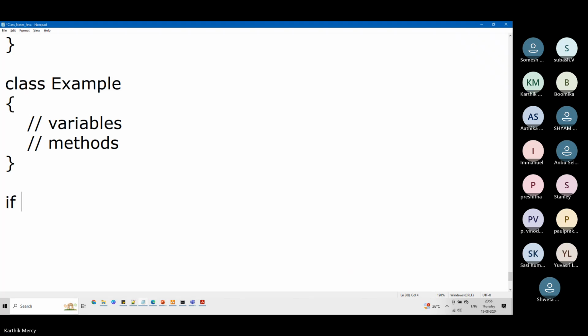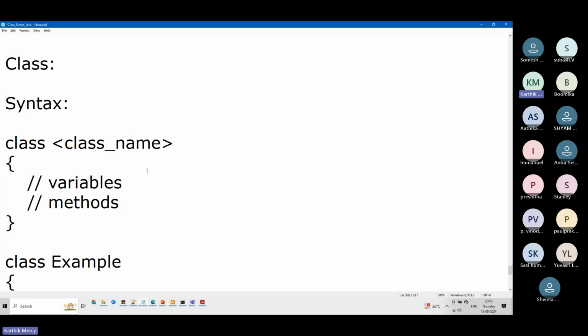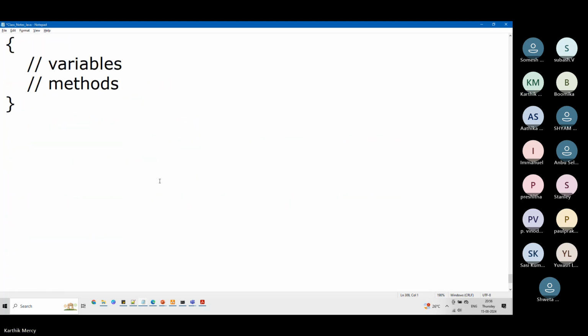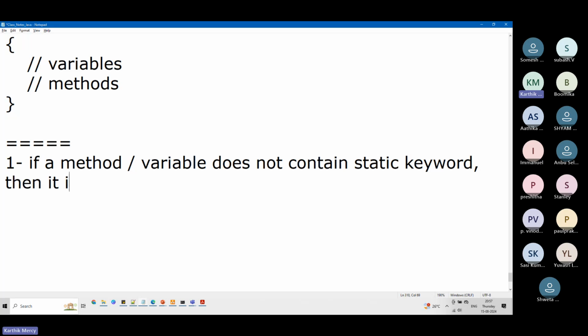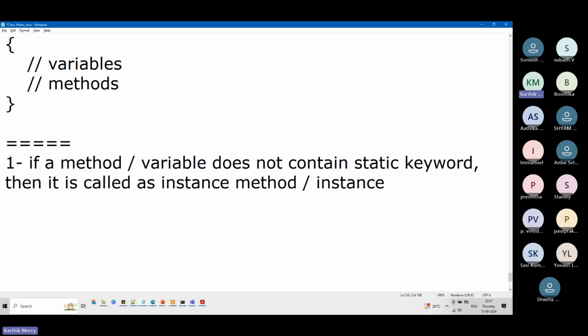If a method or variable does not contain the static keyword, then it is called an instance method or instance variable. This is very important for you to consider, guys.